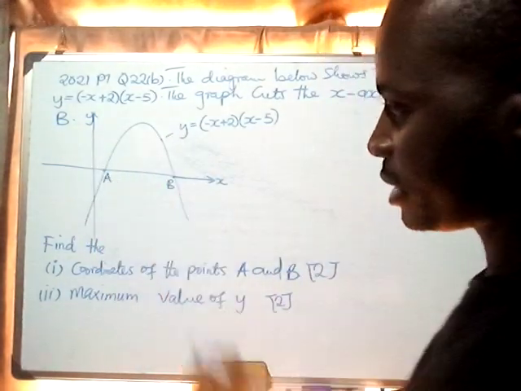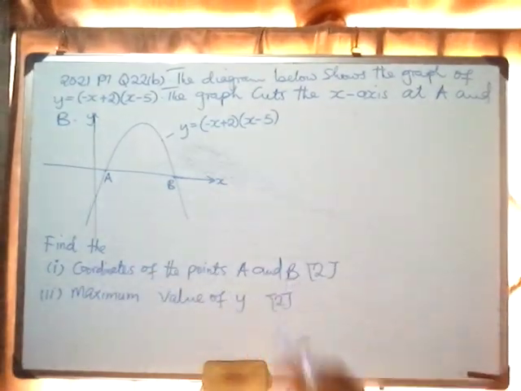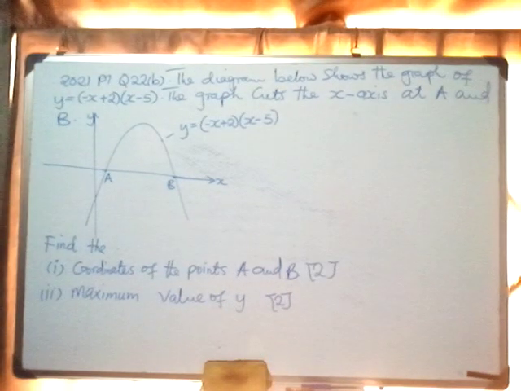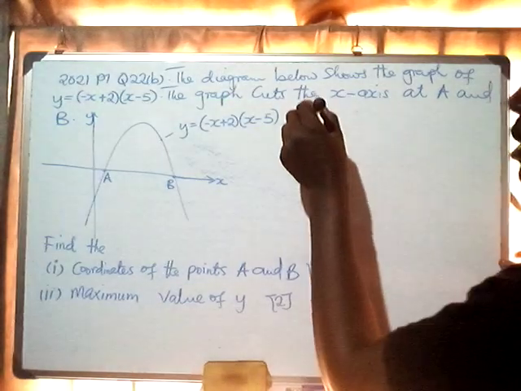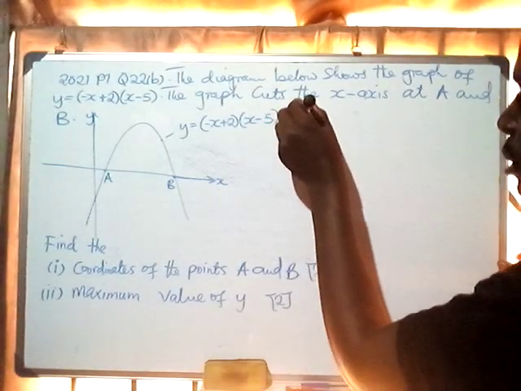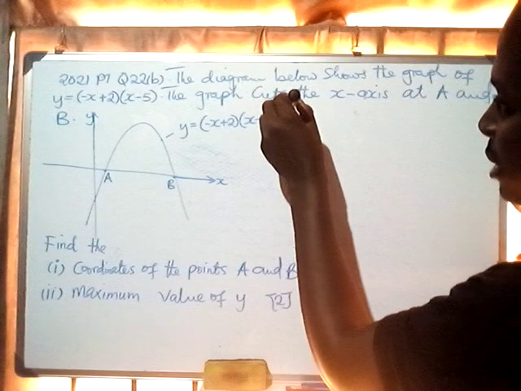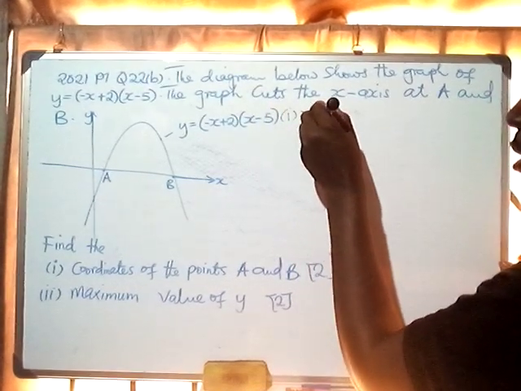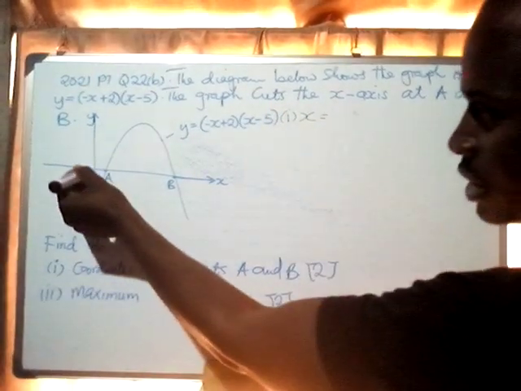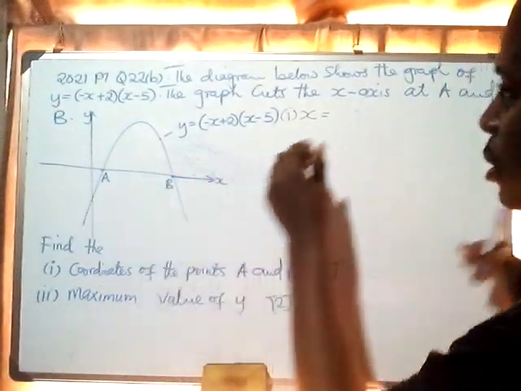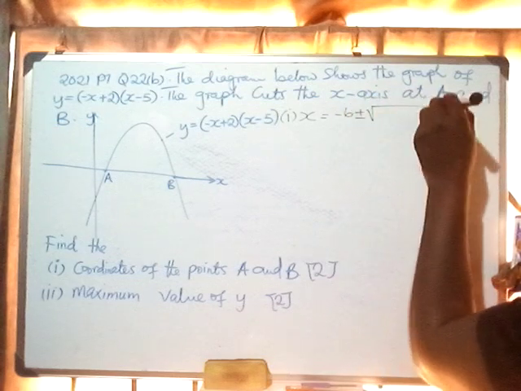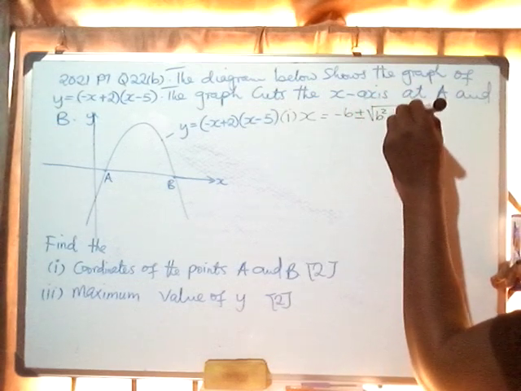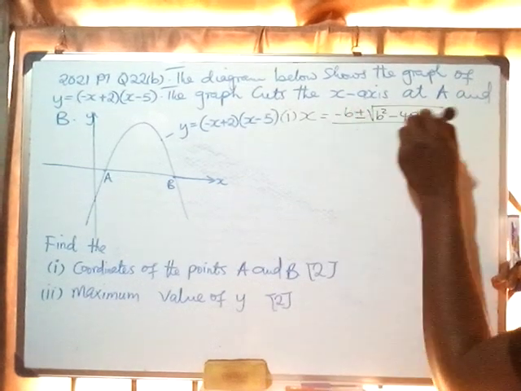This is A, this is B. The question is, find the coordinates of points A and B. Remember, we said to find the coordinates of A and B, let me answer it from here. It is the x-coordinate or the x-intercept. So the x-intercept is found by saying negative b plus or minus the root of b squared minus 4ac